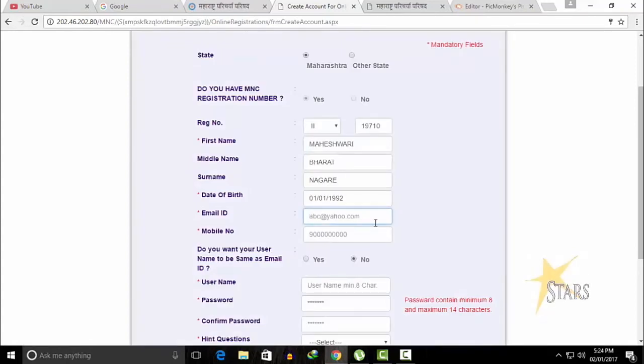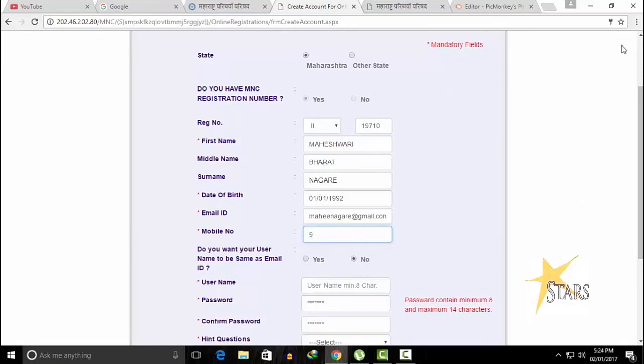You have to see the hint question. You can easily select your birthplace option in that. I am entering the email ID over here. So your exact email ID, which is registered over here, should be proper, because you are going to get your user ID and other details on the same email ID. Once the Maharashtra Nursing Council registration or renewal is allotted to you, you will be informed through the email ID.